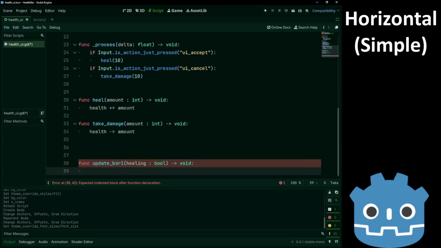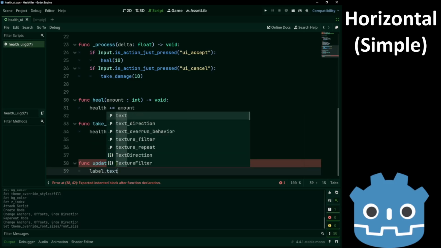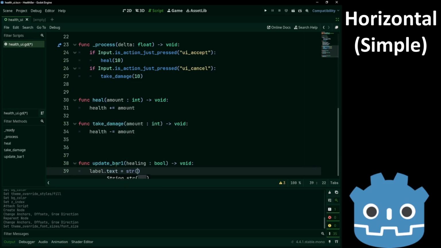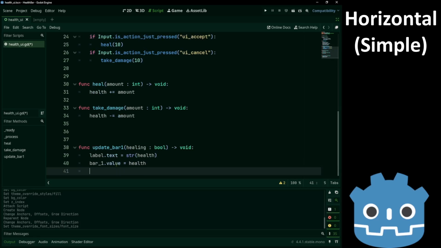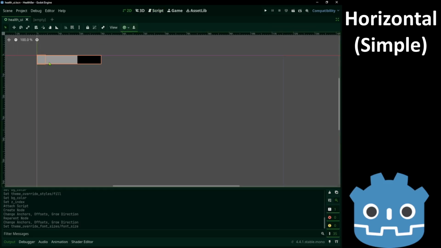Now in the update bar, first of all, let's set a label. That's easy. str health. Let's set bar 1. Its value will now be the health. And let's also change its color. We want a green color when we have full health, and a red color when we're at low health.